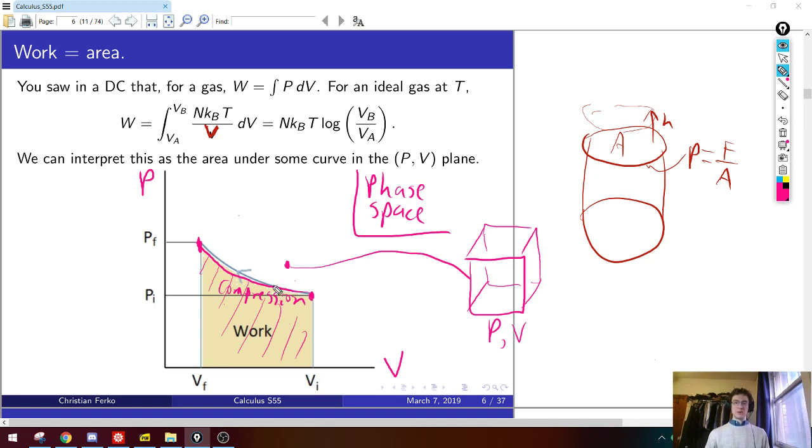And that's exactly what you'd expect for a compression, where you're reducing the size, because you have to squeeze a balloon, for instance, to put work into it to compress it. Anyway, sorry if I'm belaboring this point too much, but just to emphasize, we're going to think of motion in a PV plane, and the area under the curve in that planar motion is now a work, which is positive or negative.